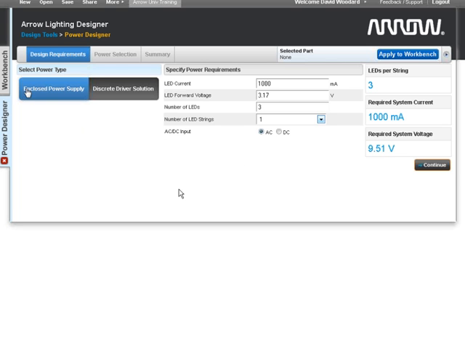And also, if you'll notice on the left, we have two options. We have enclosed power supply, so this refers to off-the-shelf power supplies, and then we have discrete driver solutions, and this would be for the customers that want to do their custom IC driver design. So the first thing we're going to look at is the enclosed power supplies. So if we click continue from this point,